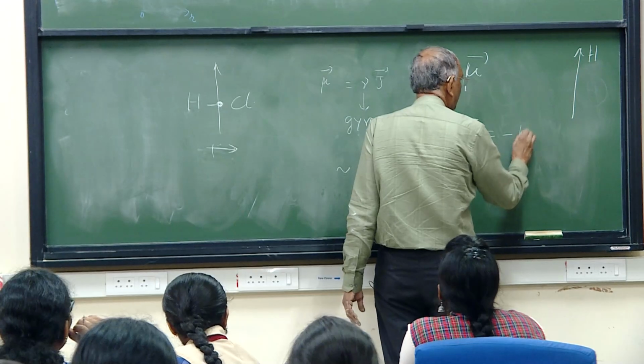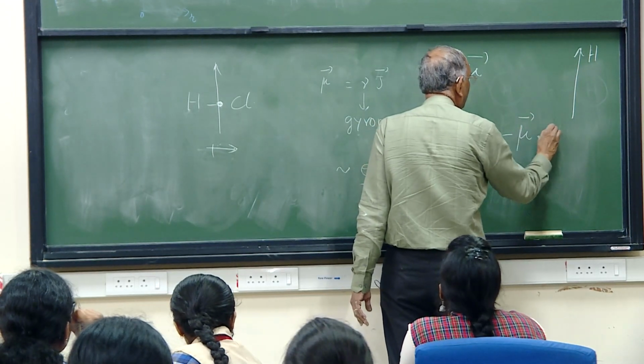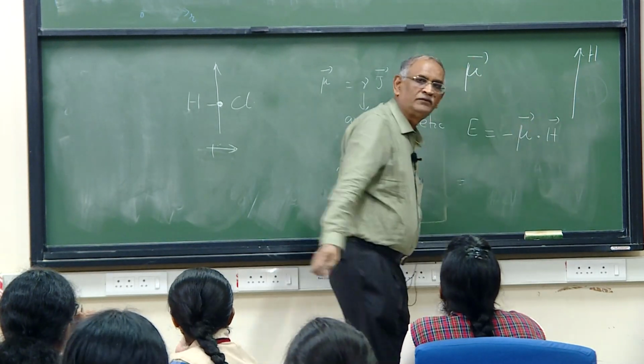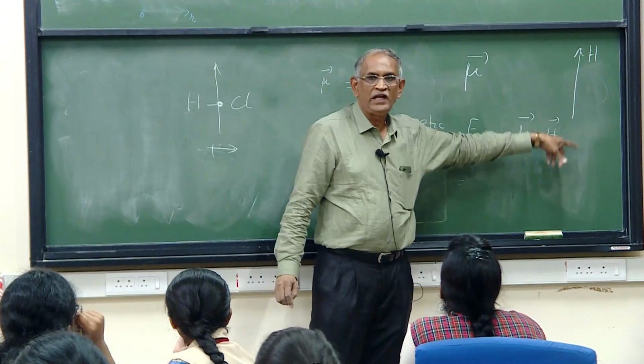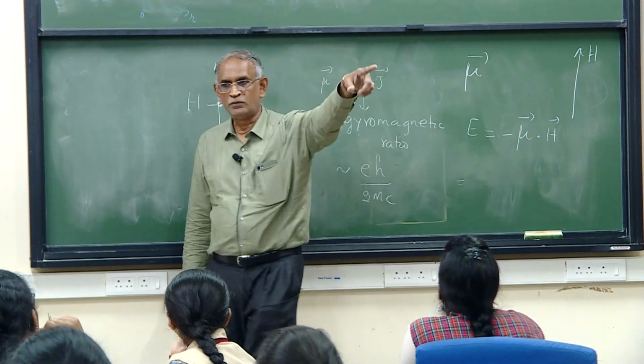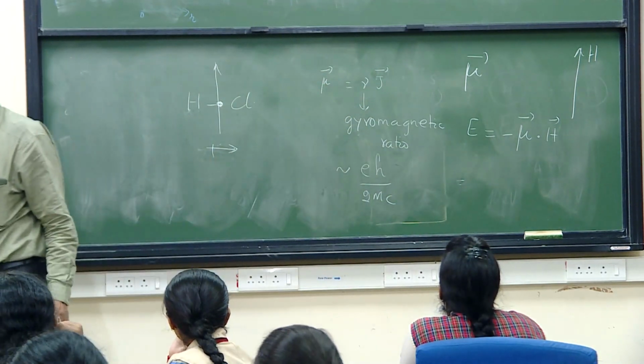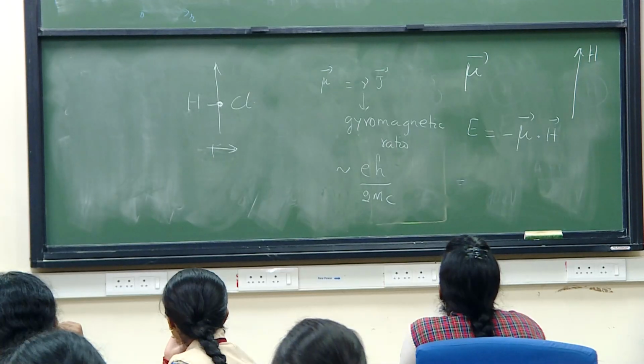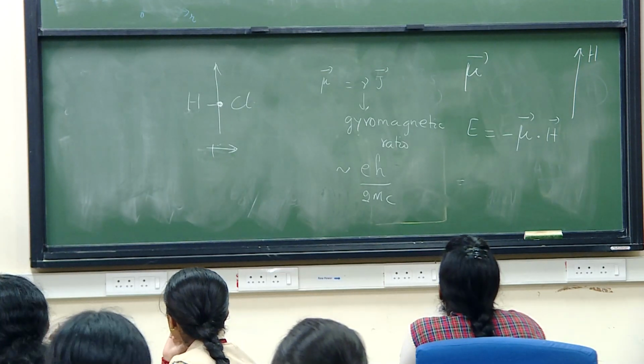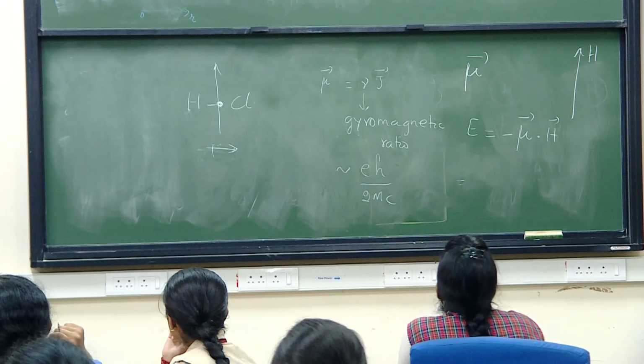Is minus mu dot H, scalar product. H is a magnetic field vector. So you go to the laboratory further down sometime during this course. There is a laboratory called the Nuclear Magnetic Resonance Laboratory. Okay, you will see that